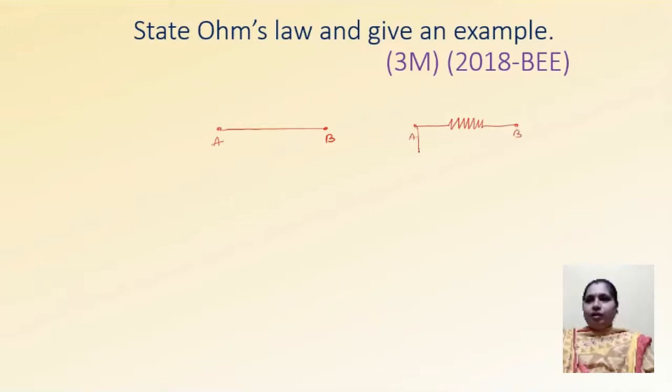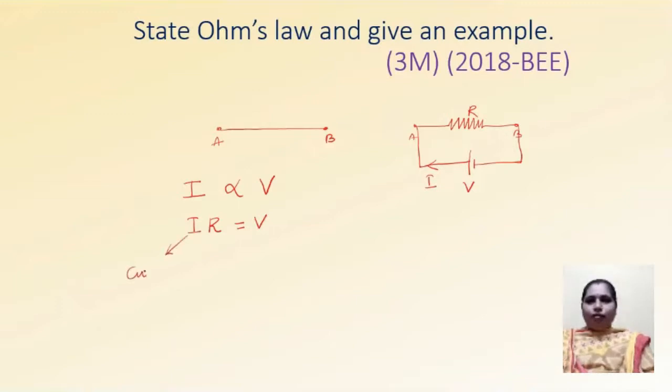So whenever a voltage is applied across its terminals, this conductor's terminals, a current starts flowing through this conductor from the positive plate to the negative plate. It is represented by the letter I. So according to Ohm's law, the current flowing through the conductor is directly proportional to the voltage applied across its terminal. To remove this proportionality, we mention it with an element known as resistor R, so V equal to IR. Here I is the current flowing through the conductor.